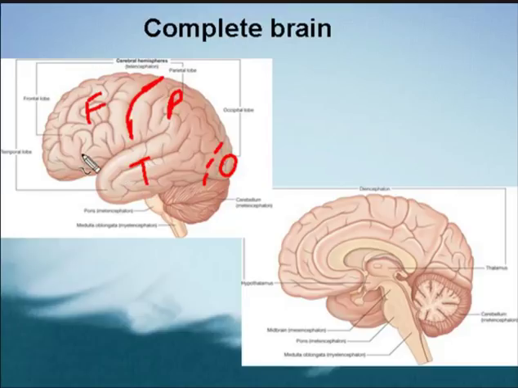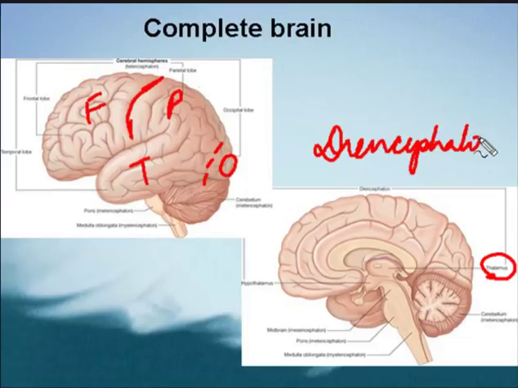So you're looking at the lateral surface of the cerebral hemisphere, so you can't see the thalamus up here. If you turn it around and look at the medial surface of the brain, then you can see the thalamus up here. This is where the thalamus is present. You can see it's in the core, right in the center, and this area is known as the diencephalon,